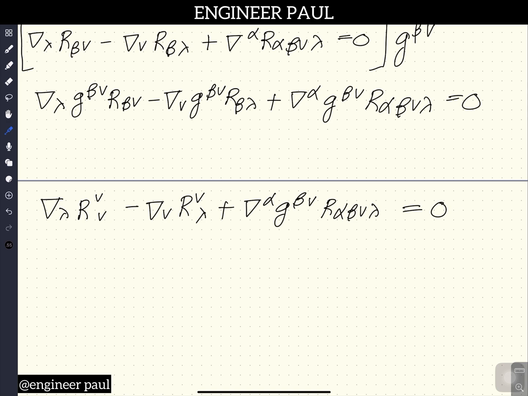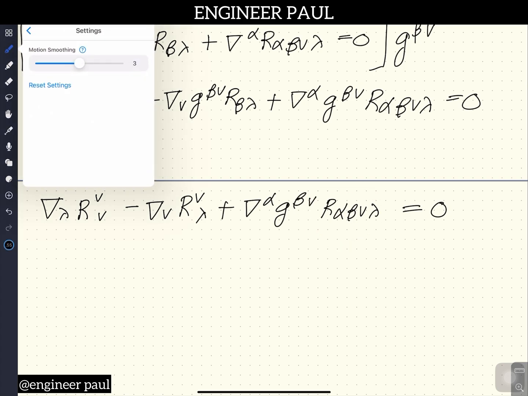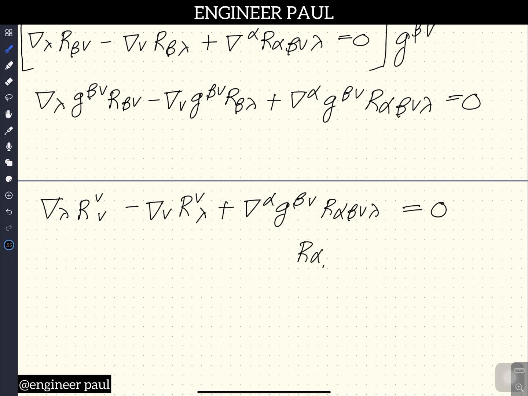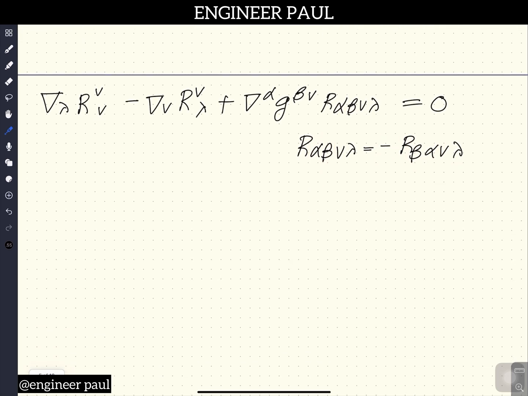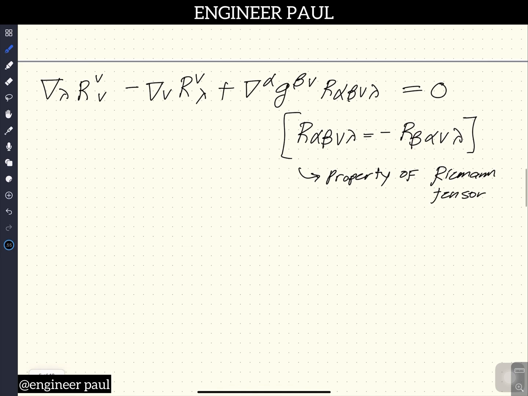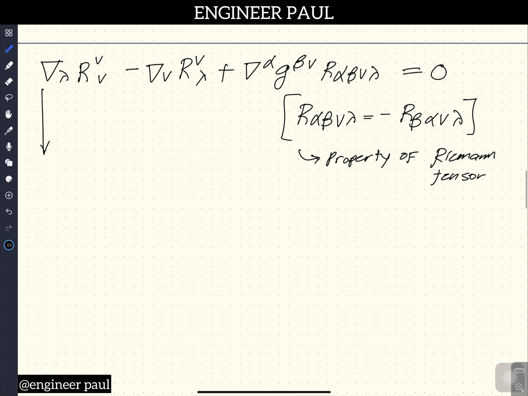Okay, also, we can use again the property of the Riemann tensor here that states that R alpha beta nu lambda is equal to the negative of R beta alpha nu lambda. That is again a property of the Riemann tensor. We swapped this, so we will have a negative sign of the Riemann tensor. So finally, this equation will become